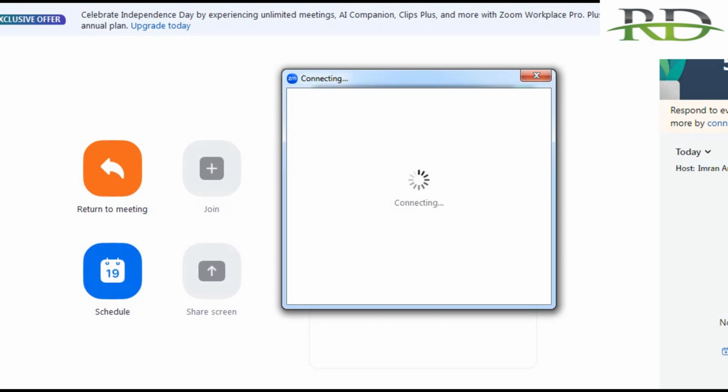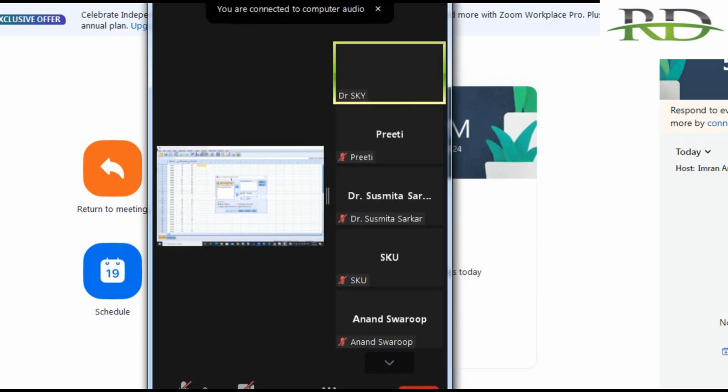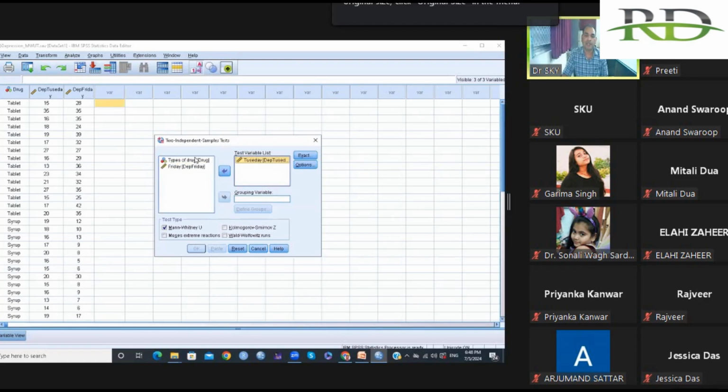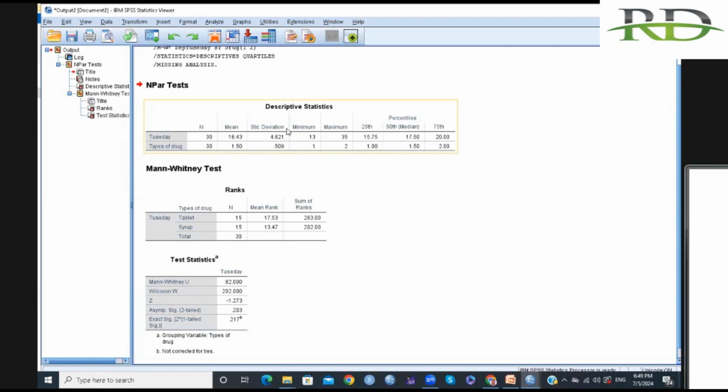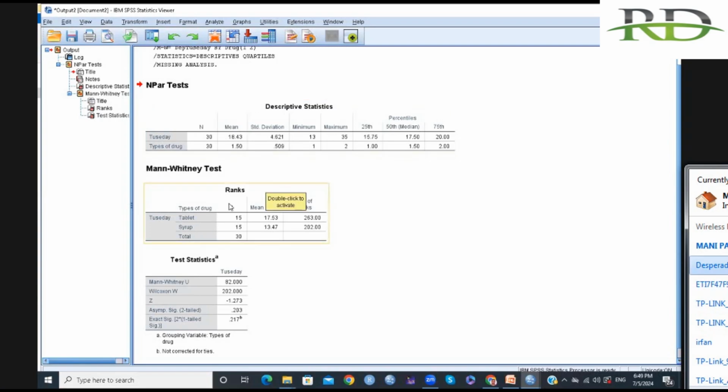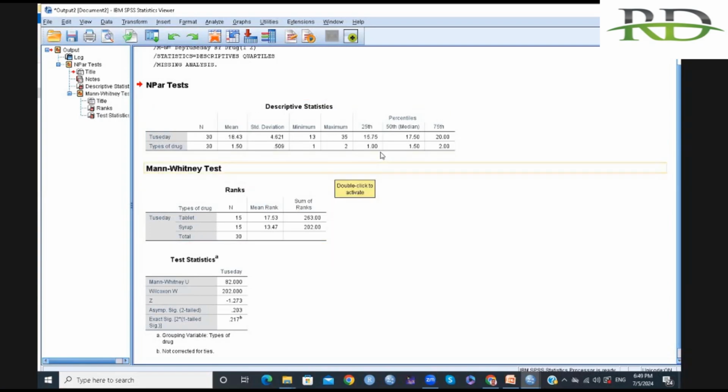Two independent samples here, and the code one is here, that is the grouping variable. Here you can see that on Tuesday, the total number is 30, with the mean and the standard deviation. But this is the combined data for all 30 persons, so this is not so informative. We wish the data